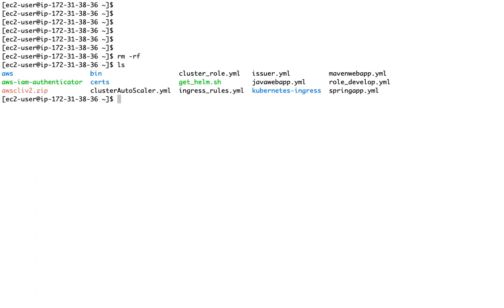Let me remove whatever I have, everything I will remove here. I have removed everything, nothing is there here as of now. I have a Helm CLI installed. Now I can create my own chart for this application. Helm create, something like this, Java web app. Your chart name, basically your application name. The moment I execute this command,